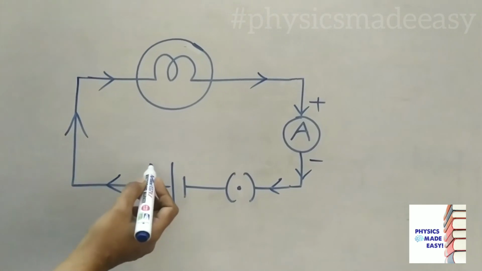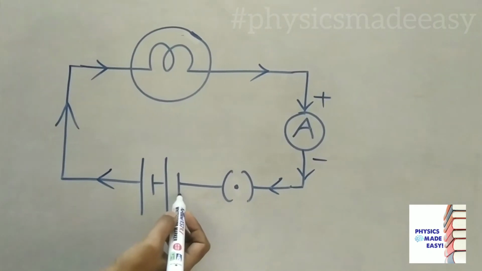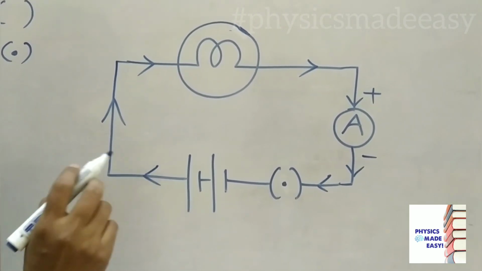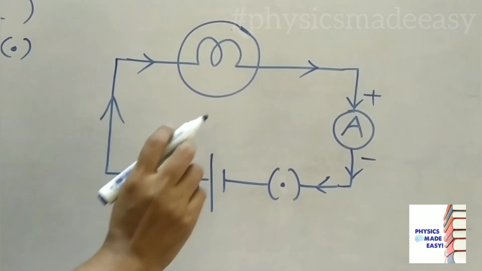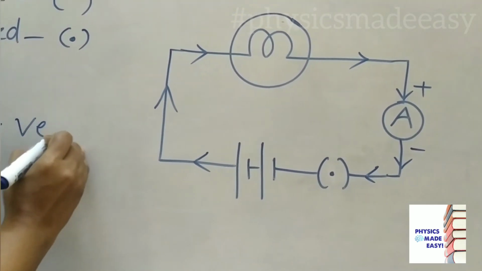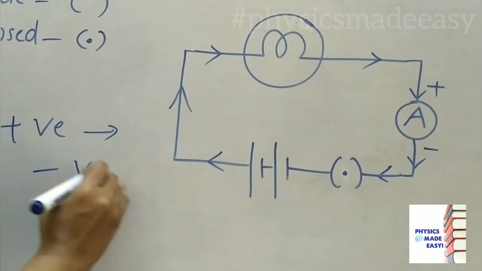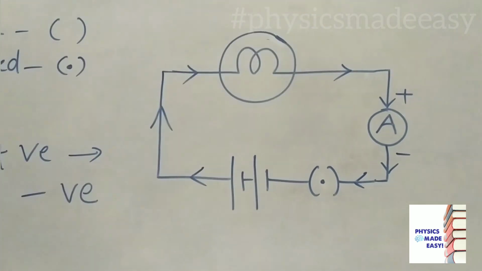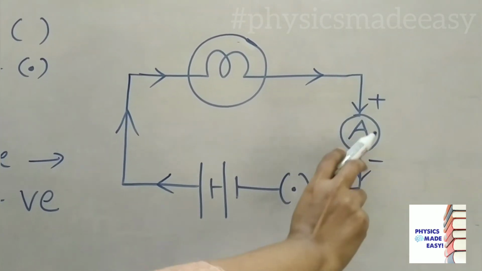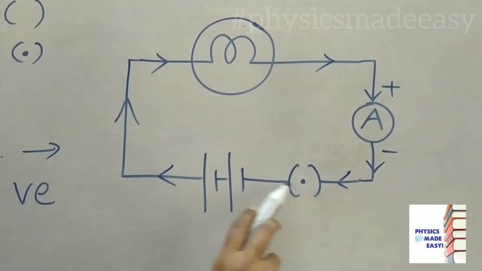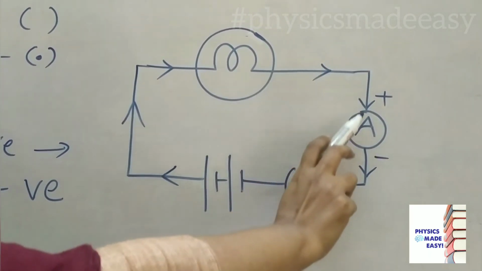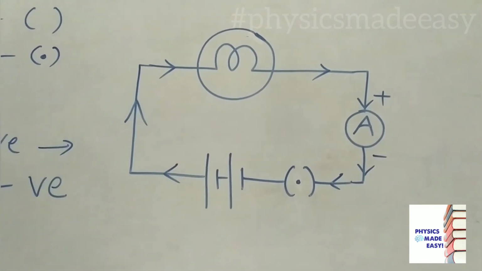Here this is the positive terminal of the cell and this is the negative terminal. You can see some arrows here. These arrows give you the direction of current. So here we can say the direction of current is from positive terminal to negative terminal. And here you can see ammeter that is connected to the bulb. This A means ammeter, then from there to key, then to battery. So from positive terminal to negative terminal the current is flowing.